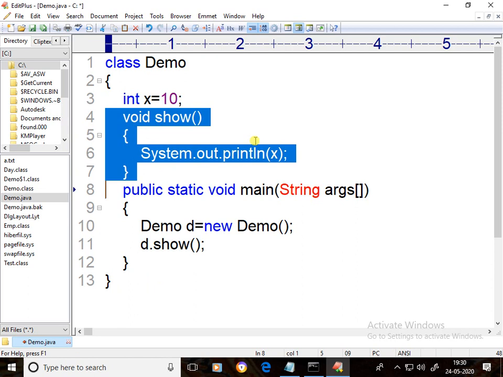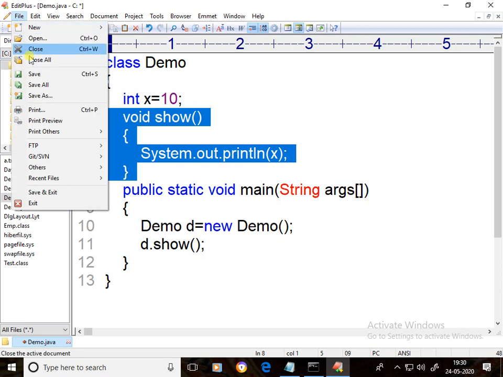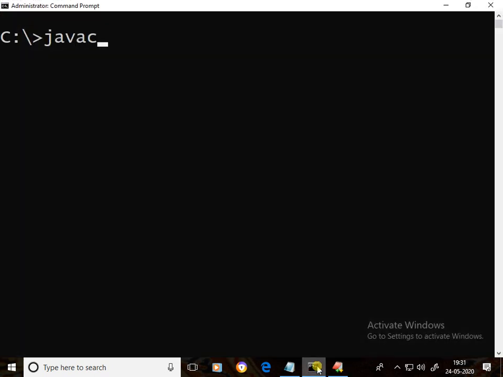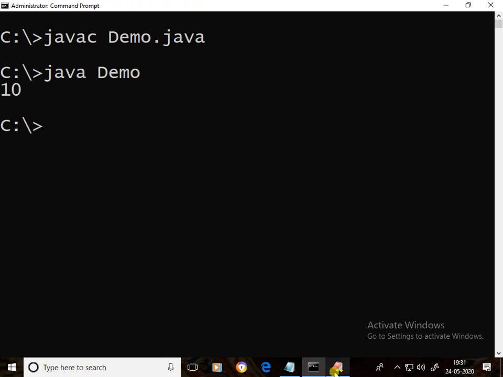System.out.println(x), implicitly this.x, this refers to the current object. In that object x is there, that x is going to be printed. If I compile and run: file, save, compilation, javac Demo.java, successfully compiled, java Demo, successfully executed, we got the output 10.